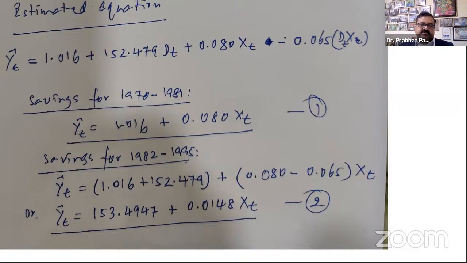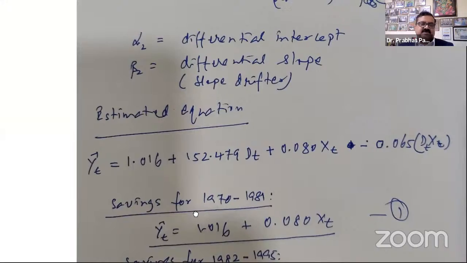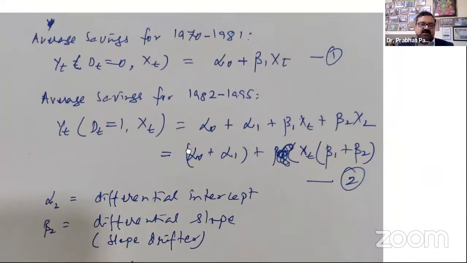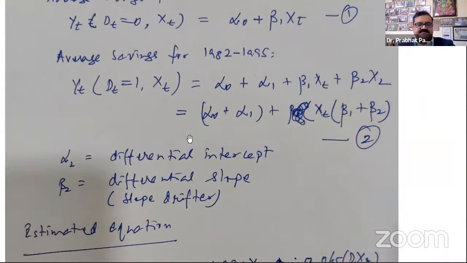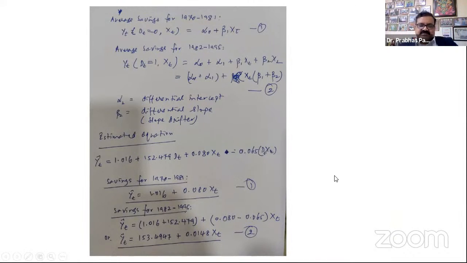Here in the Chow test, you have to calculate both the regression equations and then go for some other test to see the result. I don't know those tests because I've just heard about the Chow test. I've never experimented with it. So you may have to go through some other process to understand what the final result is, right? So that's why it is called the alternative to the Chow test. Any question on this?